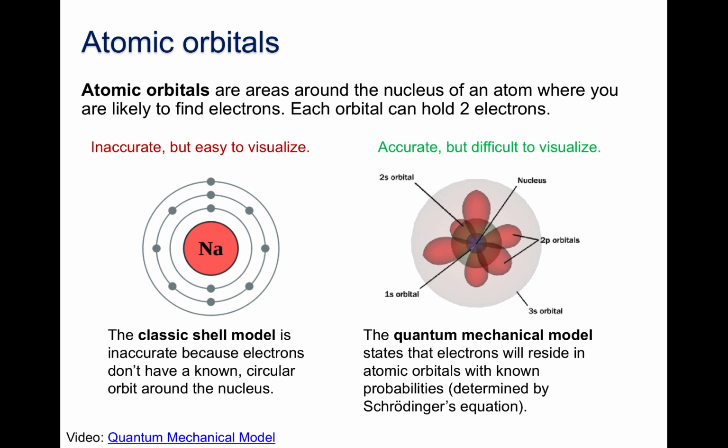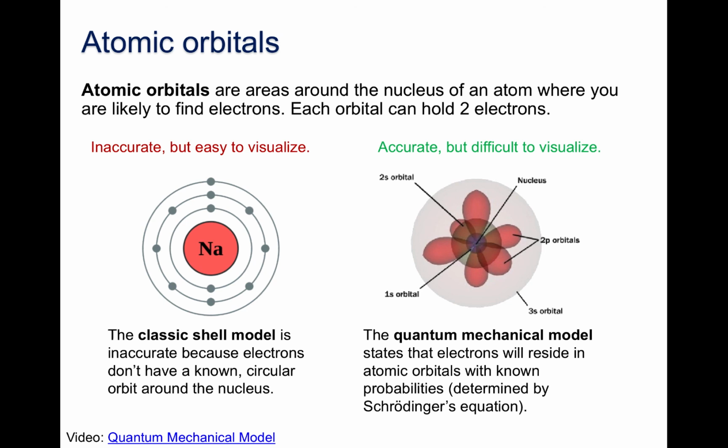Each of these orbitals can hold a maximum of 2 electrons. There are 2 different ways of visualizing atomic orbitals. We have the classic shell model, which is technically inaccurate because it makes it look like the electrons are orbiting the nucleus of an atom, sort of like planets orbit the sun, which isn't technically the case. But we still sometimes use this classic shell model because it's easy to visualize how many electrons are in each